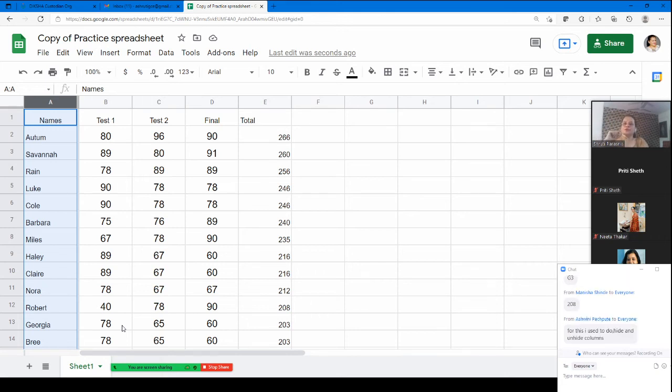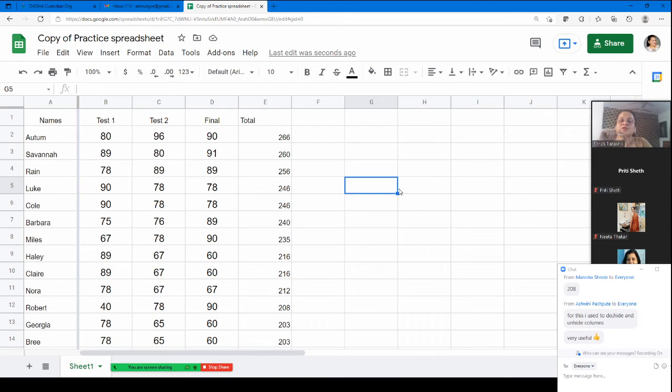Now let's move on to the applications. These are the basic things. Apart from that, we'll see if we have time, I'll show you how to make a chart also using this. Now, our main concern is sorting and filtering the data. Sort means to arrange the data in increasing or decreasing order. And filtering the data means how we want to find the data. So we want to place the data in a certain way.